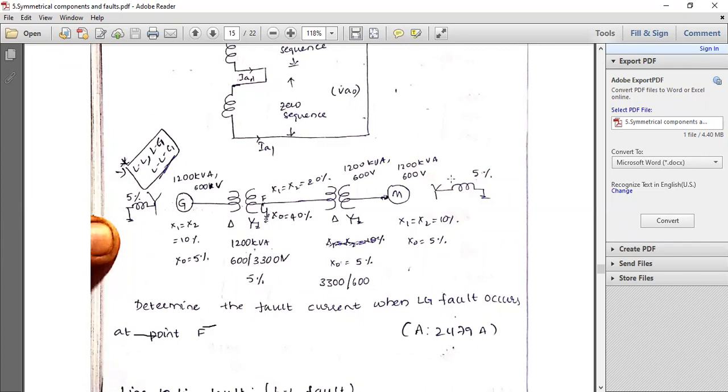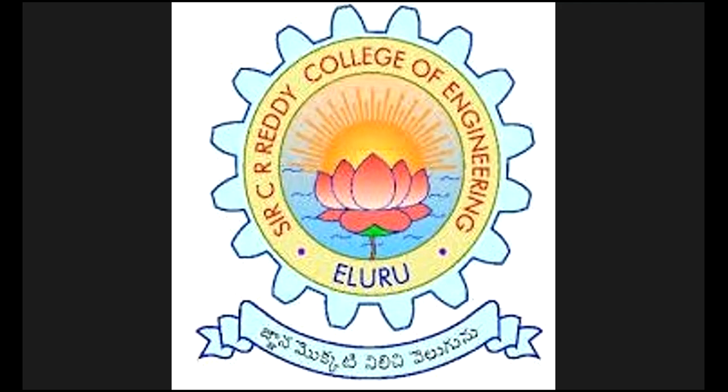This is a problem. The same problem we can have in the line to line fault and double line to ground fault. In both cases, we are going to have the same problem, but the fault is different. In this problem, we are considering that a line to ground fault is existing. And in the next case, we shall consider that a line to line fault is existing at the same point, and after that, a double line to ground fault at the same point, right? So, do you have any doubts? If you have any doubts, please raise them. No?